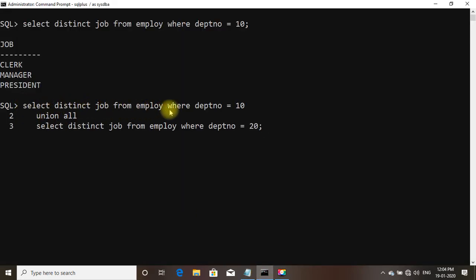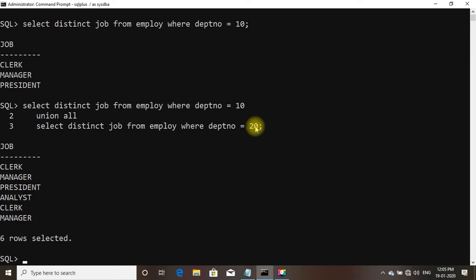Select distinct job from employee where department number is equal to 10 UNION ALL select distinct job from employee where department number is equal to 20. Press enter. So now you can see department number 10 and 20 jobs are described. Jobs are shown: clerk, manager, president, analyst, clerk and manager.